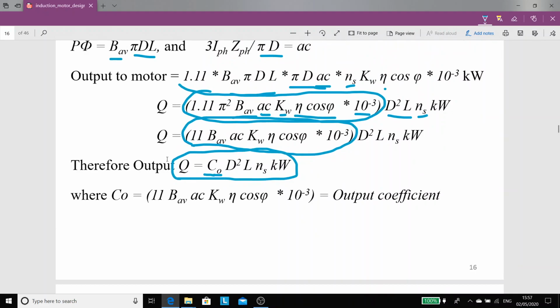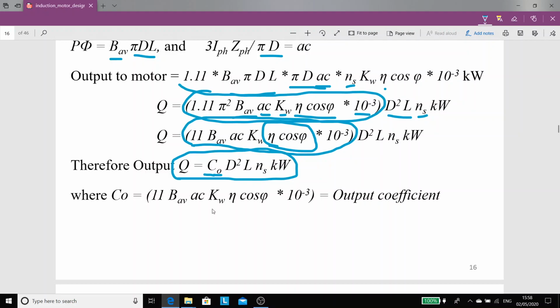For any specification of our induction motor, suppose I want to design a 10 horsepower induction motor. Corresponding to 10 horsepower, I have to refer to the standard design handbook. During the design, I have to check what is the approximate efficiency and power factor for a 10 HP motor, to calculate first the output coefficient and accordingly the main dimensions of our induction motor. So I put that value of power factor and efficiency from the standard handbooks.